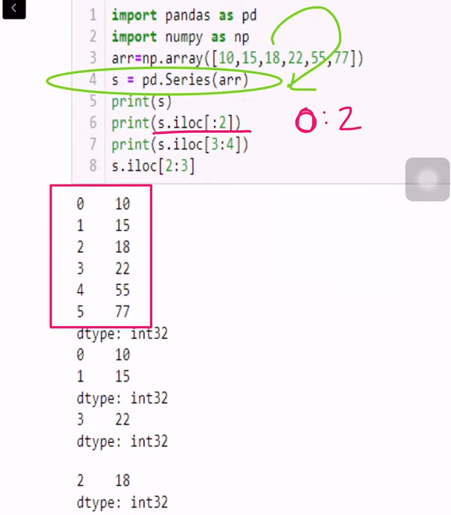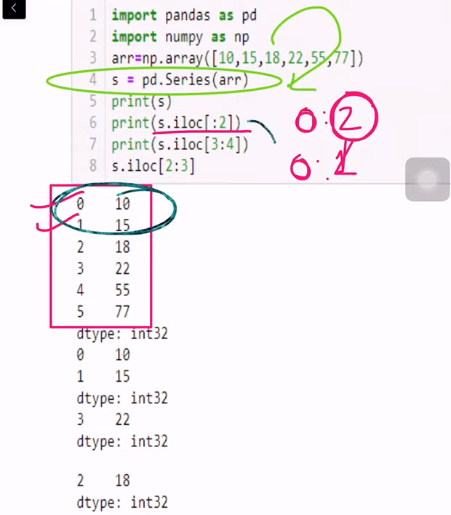Since this is ILOC, index of LOC, it will not include the position 2. It will go up till position 1. So 0 to 1 will be selected, and the output we will get is 10 and 15. So the output of line number 6 is 10 and 15. Same, right?